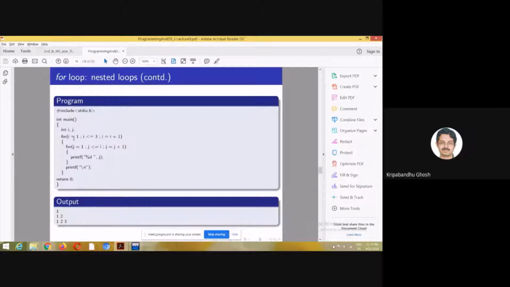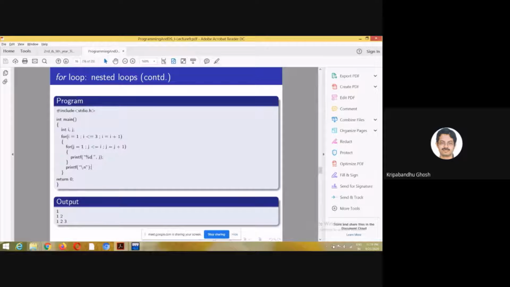When i equals 1, the control comes here. For i equal to 1, you can have j equal to 1 only, because it is less than or equal to 1. So 1 is getting printed, and there is a space, and I put an enter, so it goes to the next line. For the next value of i, there is a check and an increment, so i goes to 2. For 2 also, j starts from 1, so it now goes from 1 to 2, because it is less than or equal to i.